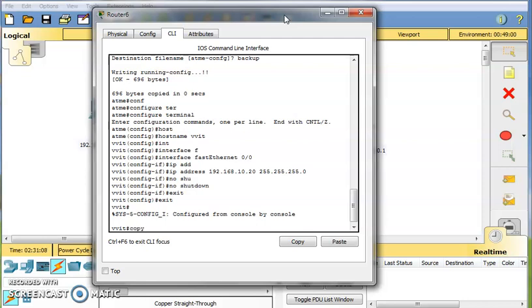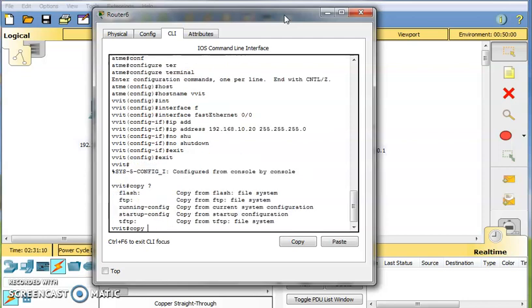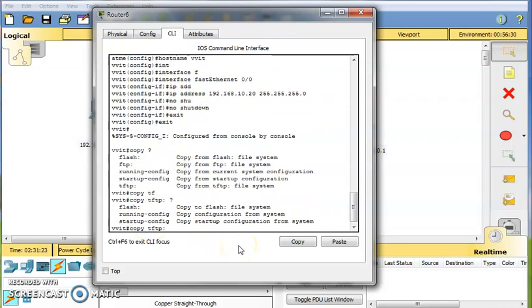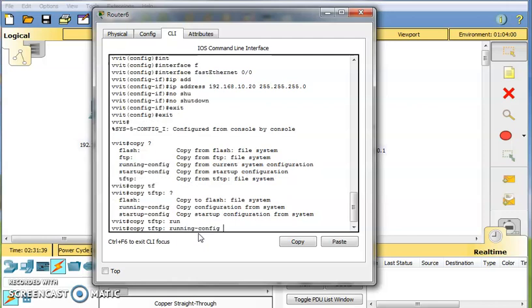Now the source is TFTP server. These are all the options for the source. My backup is available in TFTP server, so type TFTP, and the destination is either flash memory, running configuration, or startup configuration. Now I will choose the running configuration, that is the current configuration that is running.